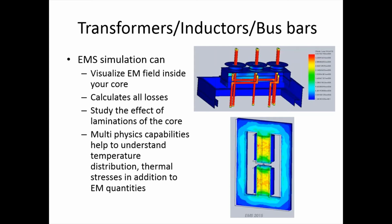Next, we'll take a look at the applications of EMS, especially in static electrical machines like transformers, inductors, bus bars, etc. Here, EMS can help to visualize the electromagnetic field inside your machine. It also calculates all the losses. For example, in the transformer, it can calculate the loss due to hysteresis, the core loss, the eddy current loss, etc. One can study the effects of lamination of the core and its effect on the losses